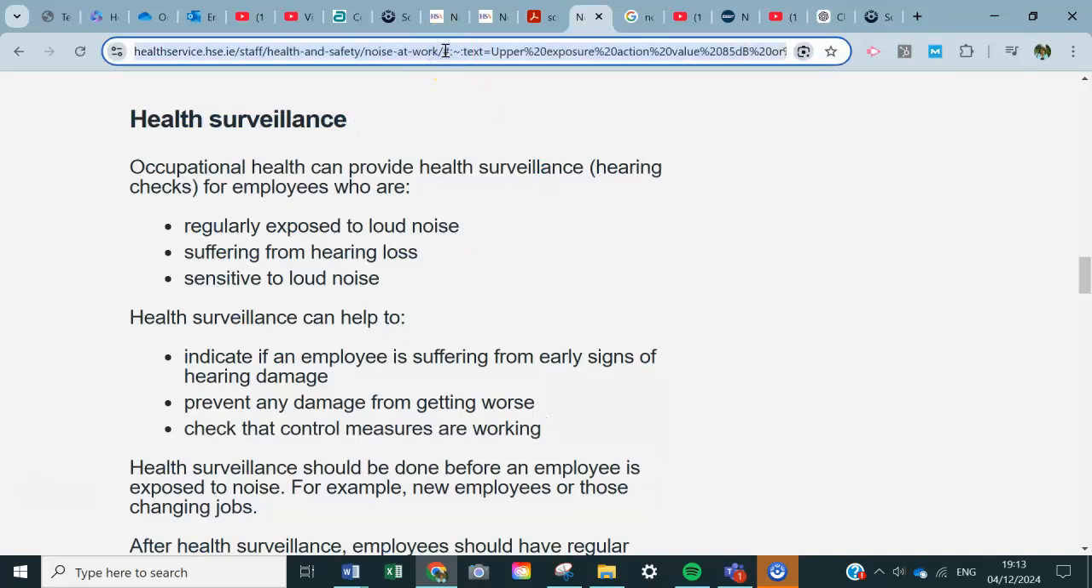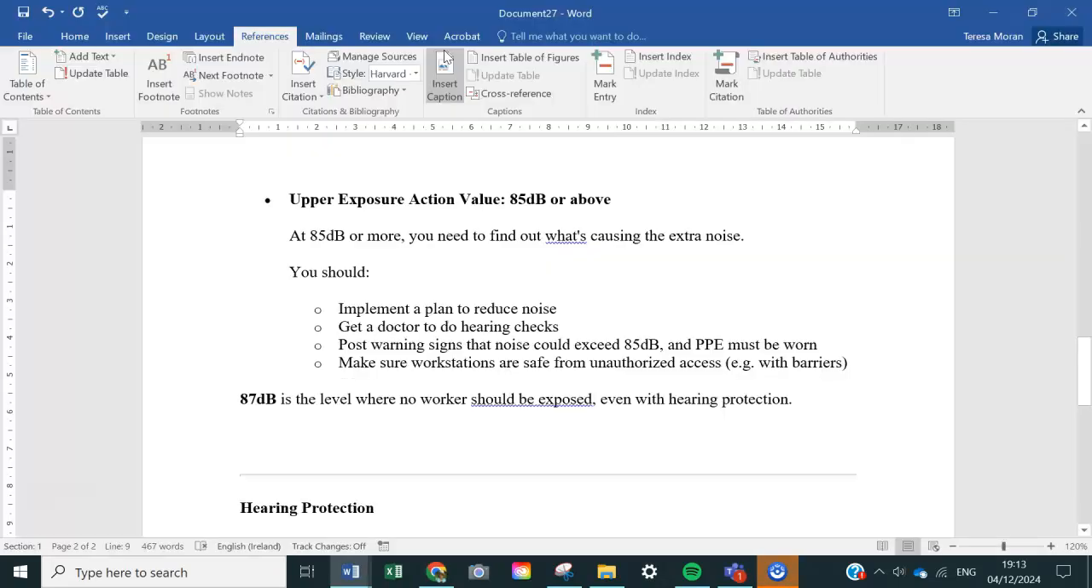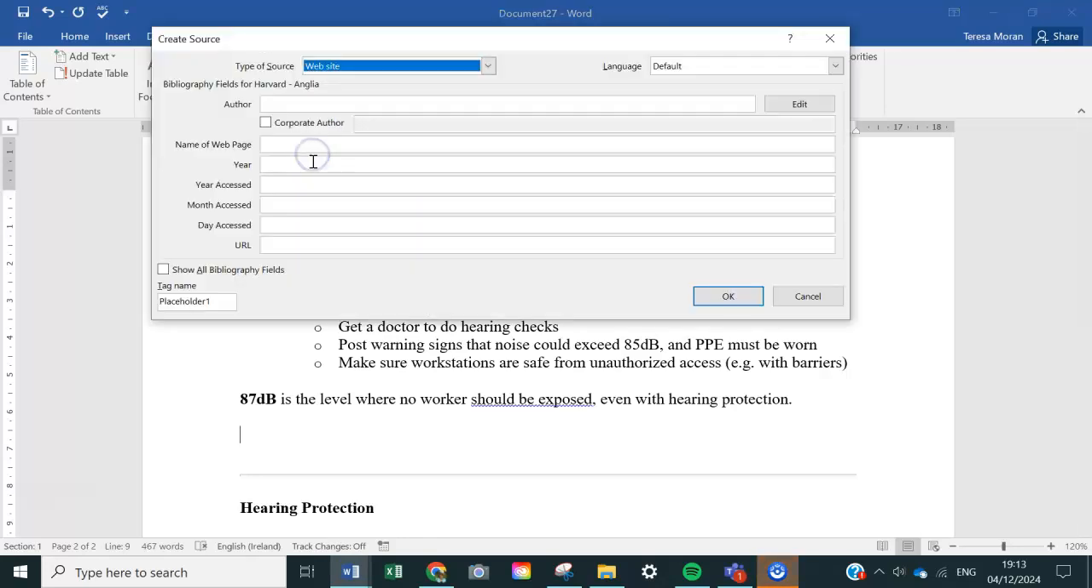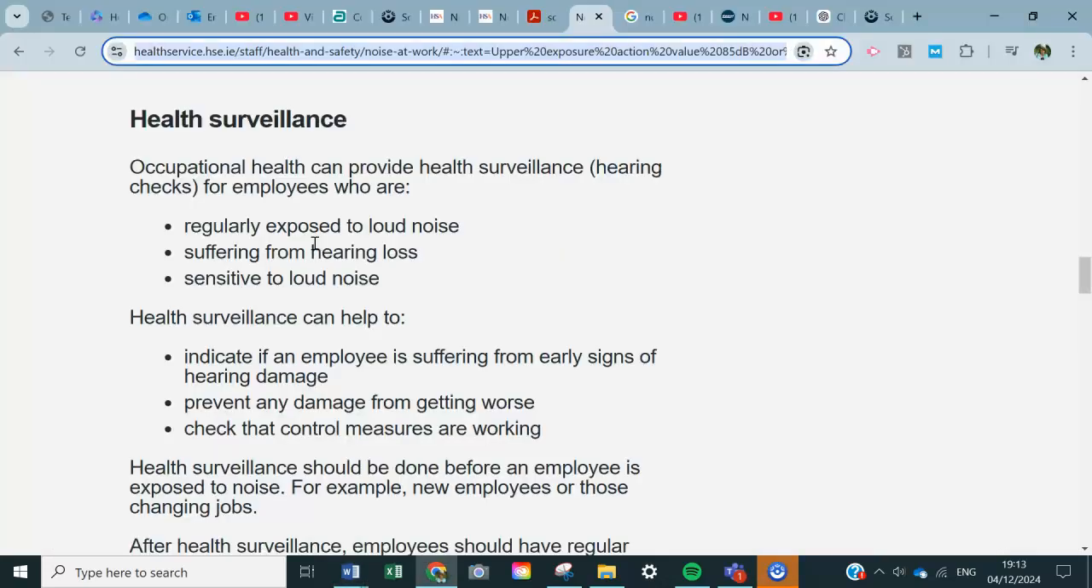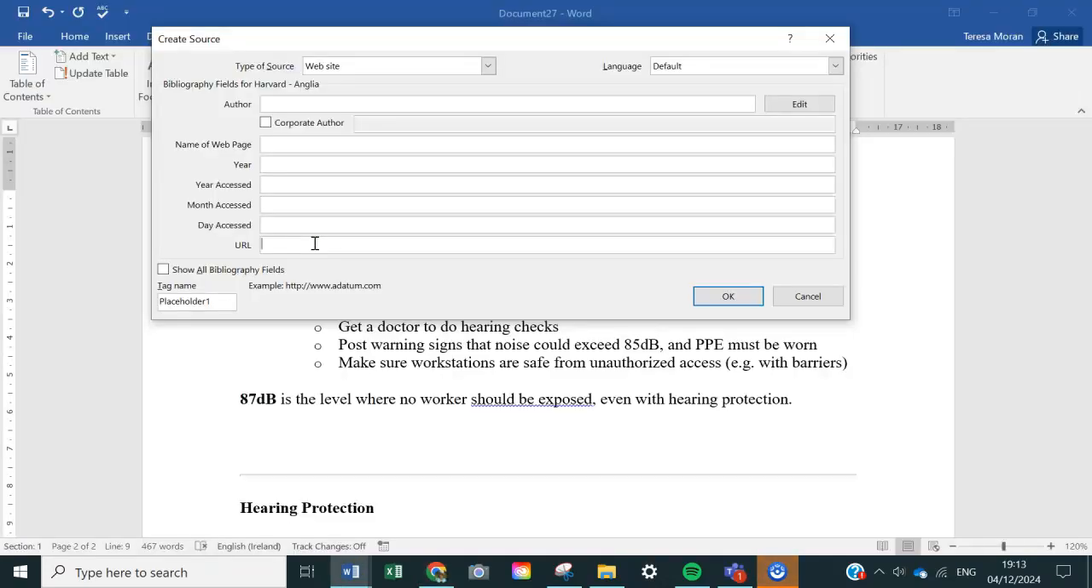So now I am going to reference this one. And again, there's no author, it's just the Health Service. So I'm going to insert the citation, add new source, and I'm going to copy in that big long URL so I don't lose it. Okay, so I'm just going to copy it in there. And then I'm going to come over here to